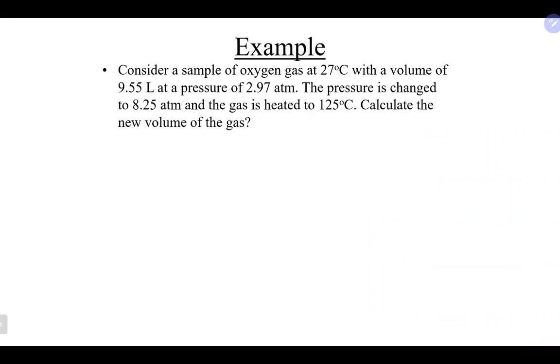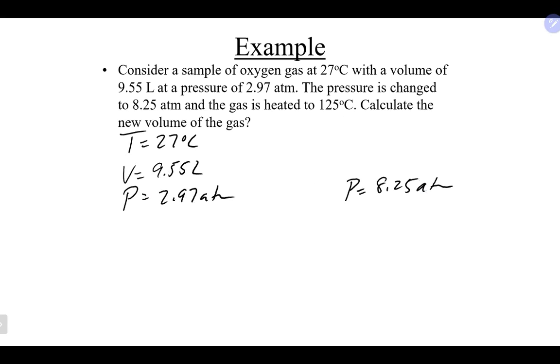Consider a sample of oxygen gas at 27 degrees Celsius. It has a volume of 9.55 liters and a pressure of 2.97 atmospheres. We are going to change the pressure to 8.25 atmospheres, and we're also going to change the temperature to 125 degrees Celsius, and we are looking for volume. So once again, just by pulling out the information,